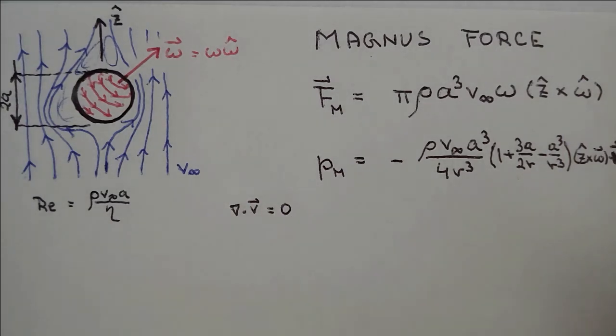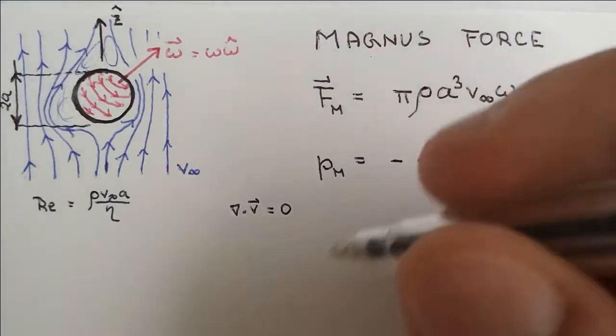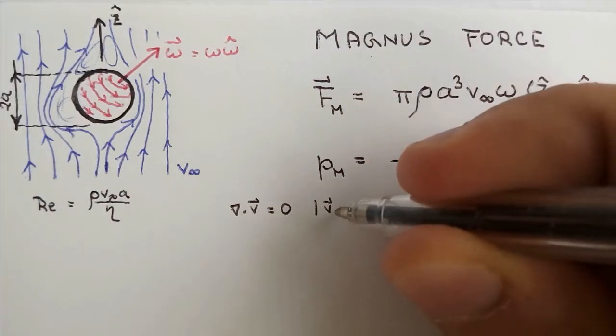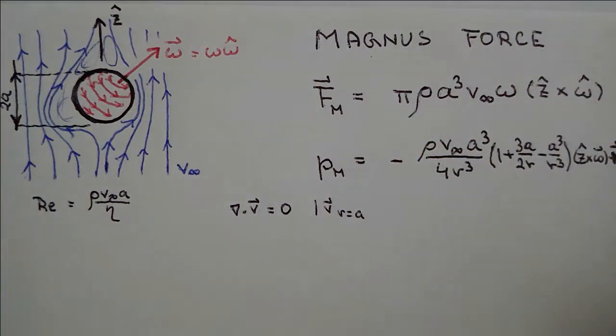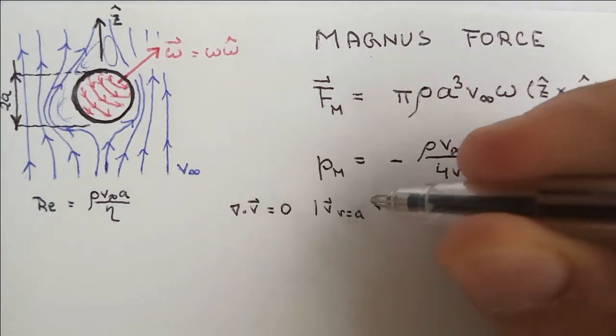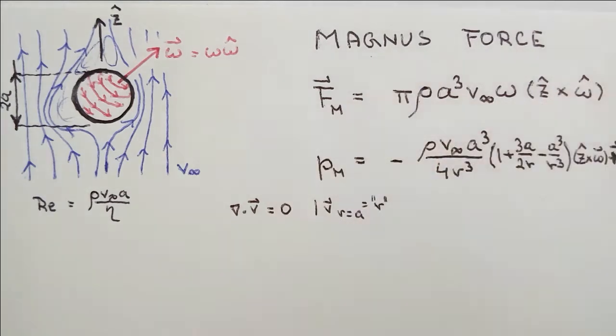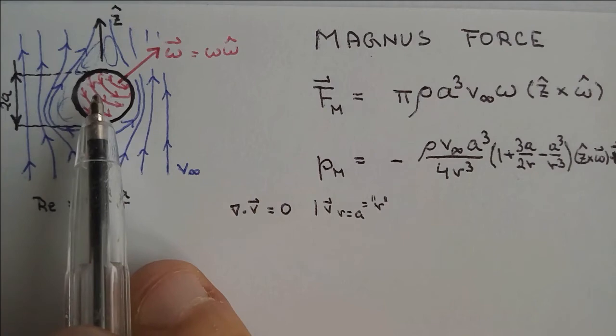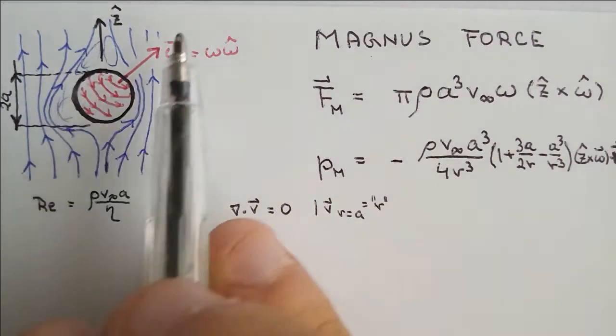What are the boundary conditions for the velocity field V? The boundary conditions are V at r equal to a, which must be the polar distance. I will call it just r with the apostrophe, because it's the polar distance